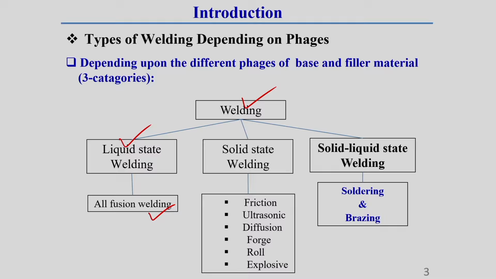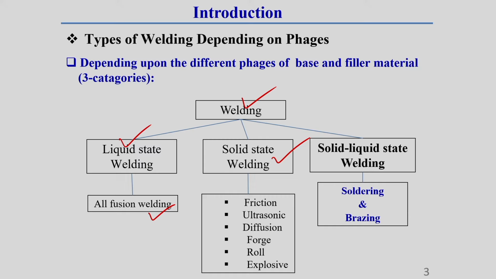Another one is called solid state welding techniques. Here the temperature generally does not cross its melting point temperature. Here the temperature lies below its melting point temperature, and the parent material, the material which we are going to join, generally is in solid state. Like here the material becomes paste type and finally we join the material. So, here the material does not cross its melting point temperature.